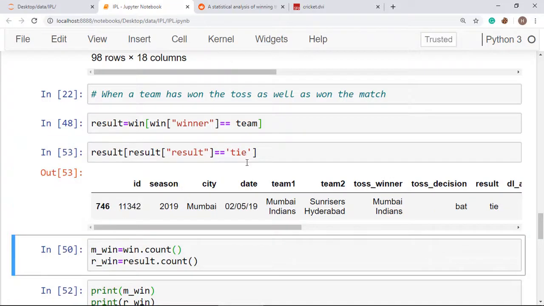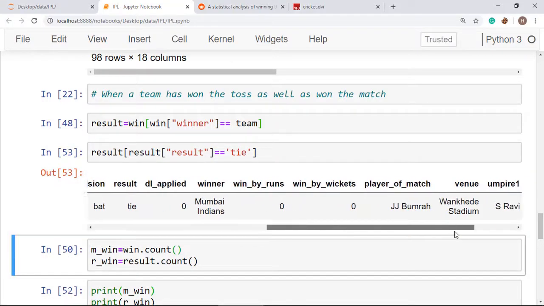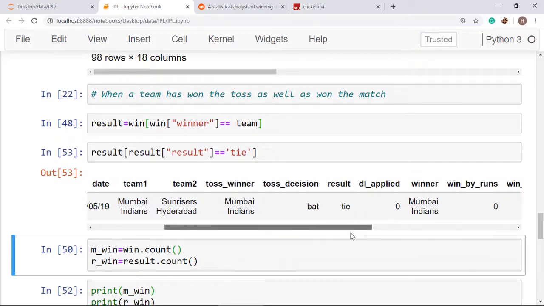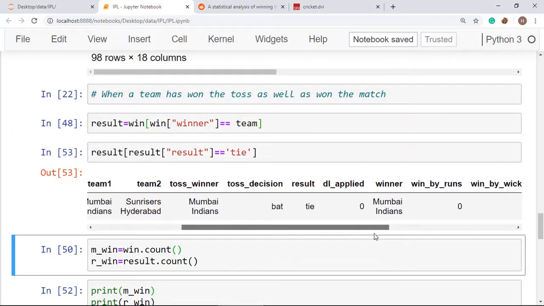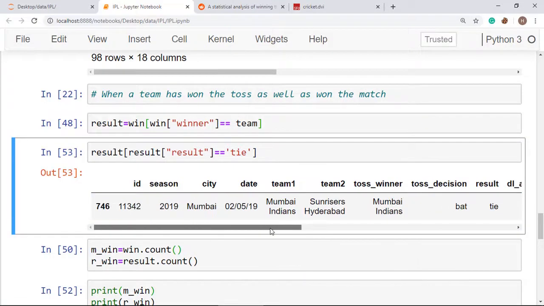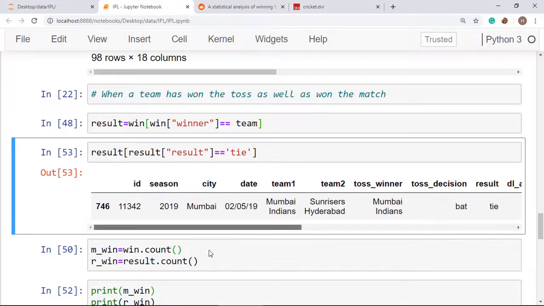So you will be getting the value like Mumbai Indians has only one match tied when Mumbai Indians has won the toss as well as that match has got tied, but the winner was Mumbai Indians. All right, there must be a super over. So Mumbai Indians has won that match.